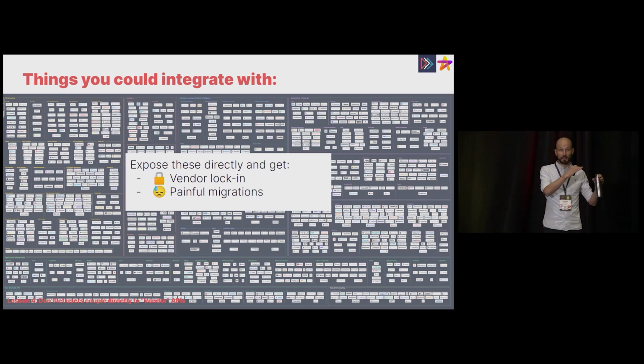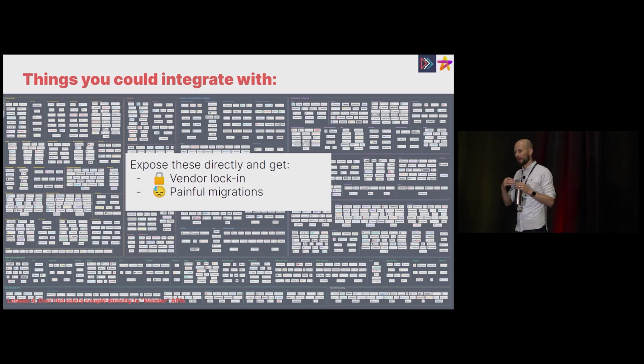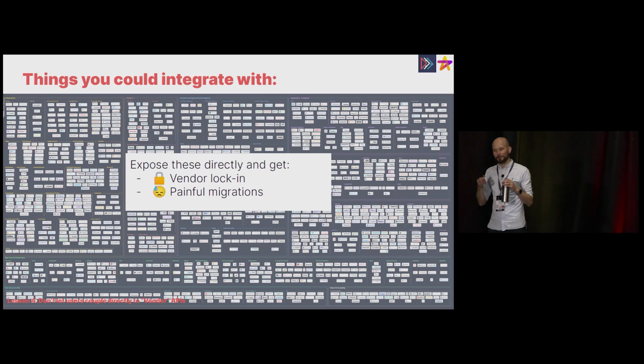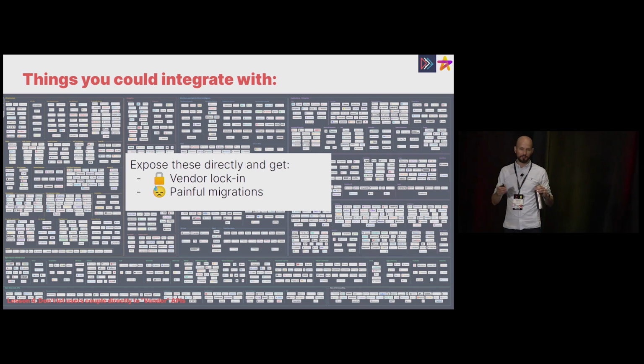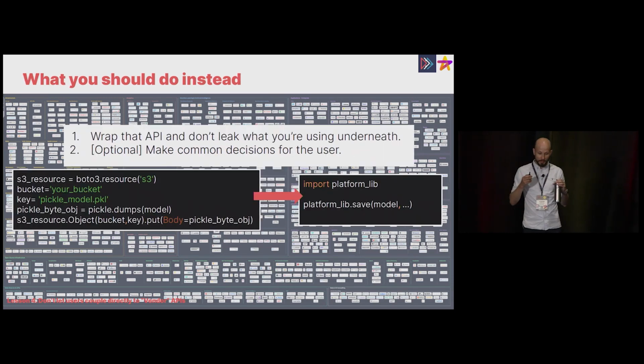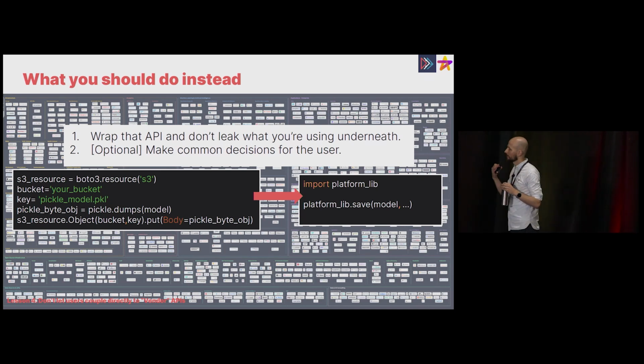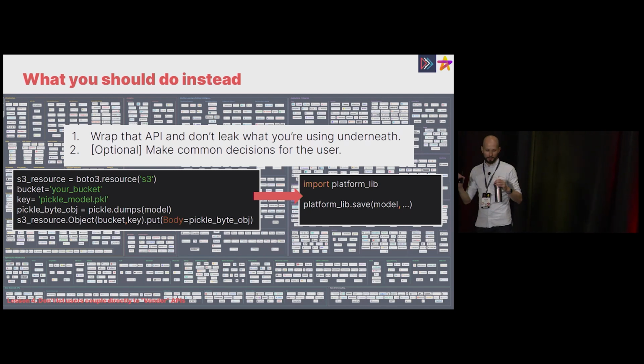We used to give data scientists direct access to AWS in terms of the things that they could do. We found that there was a management nightmare if we wanted to change or update certain things, in which case we learned to wrap things. So my advice is, if you bring in a vendor or expose things, you should really try to wrap the API and try not to leak what you're using underneath.